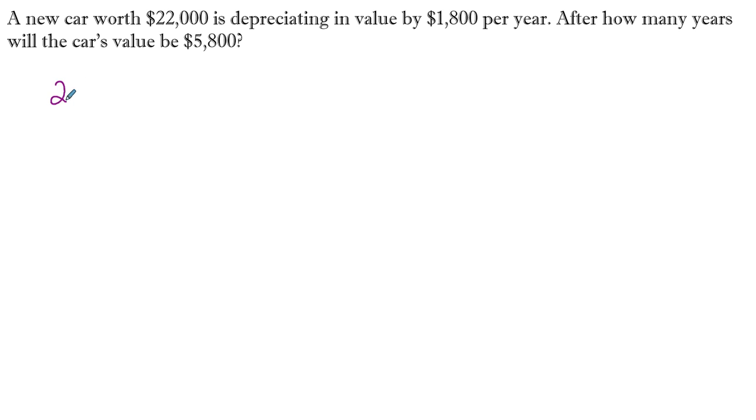Well, we know the original cost of the car is $22,000 minus $1,800 per year means, well, we don't know how many years, so I'm going to call that x. And that is going to be set equal to the new price. So we have our original minus the amount depreciated equal to the new price. And we notice that this is a very simple algebra problem. Subtract 22,000 on both sides,